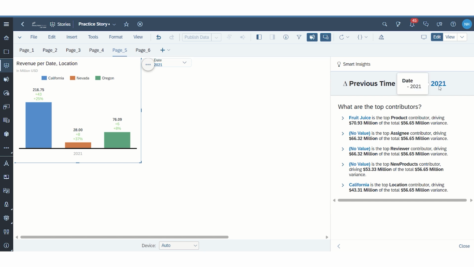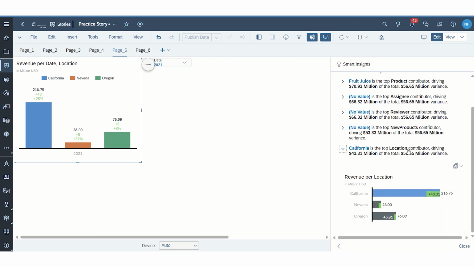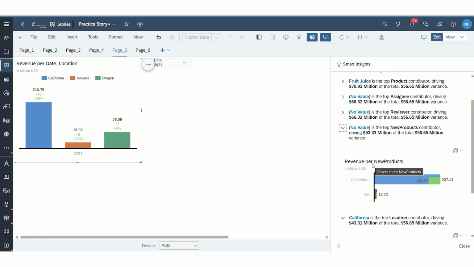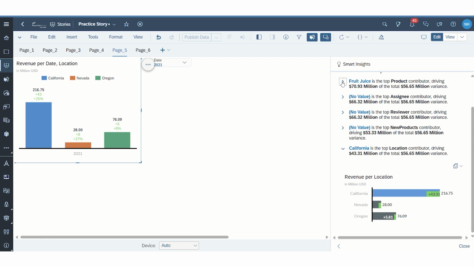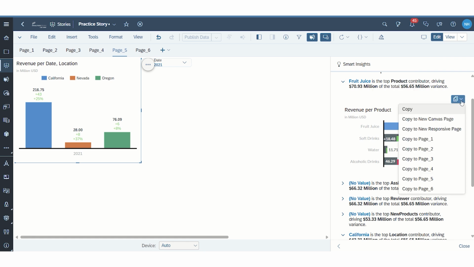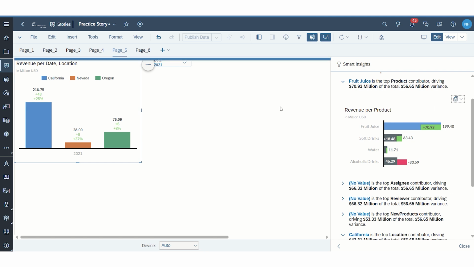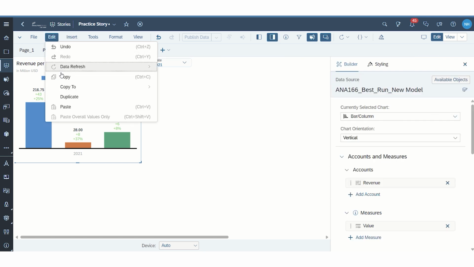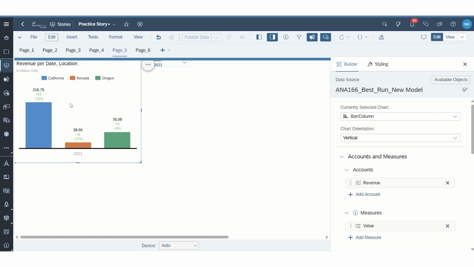And you can see it's changed to 2021 because that's what I have here. And you can see it's actually breaking it down, and looks like there's new products, there's no value, so we don't need that. But you can see we can take these particular, the fruit juice, the product itself again, and we can copy that, and then we would paste it in to